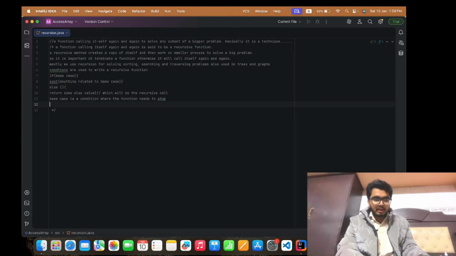And a recursive case is a condition where the function will call itself again and again.